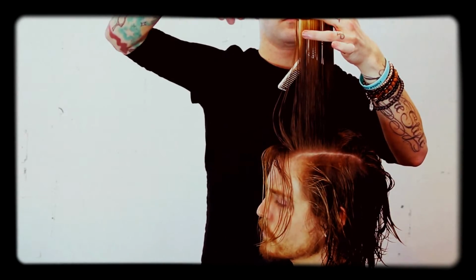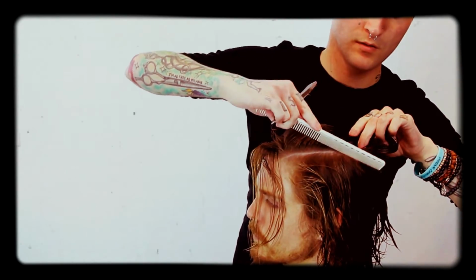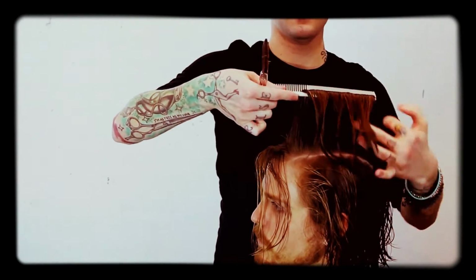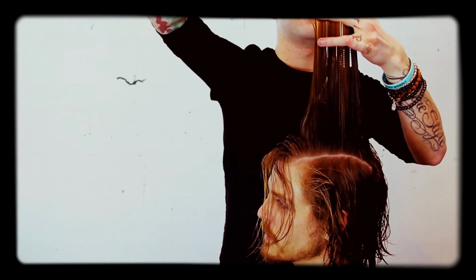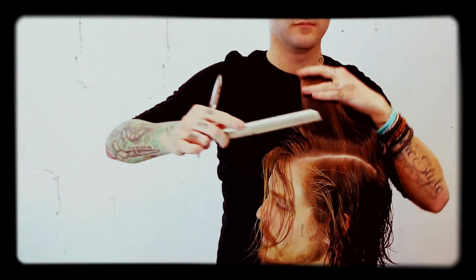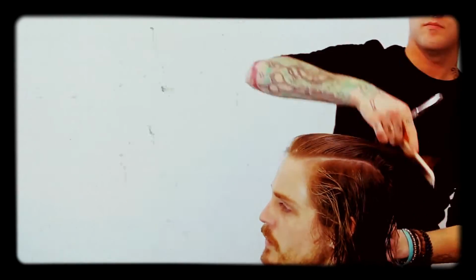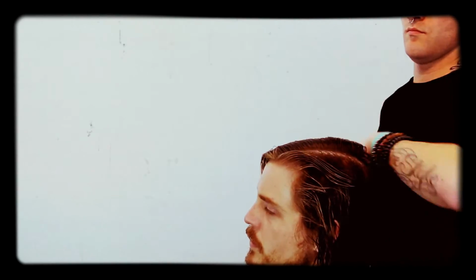And then just continue to work back. It's going to be the same thing all the way through the top of the head. As I get towards the back, it's going to start giving me a little bit less hair. But you want to be consistent. Don't just assume that you've hit that point where you don't have anything else to cut. You really want to make sure that you've been as thorough as you can be and that there is